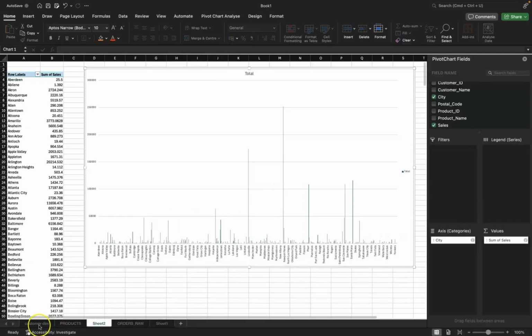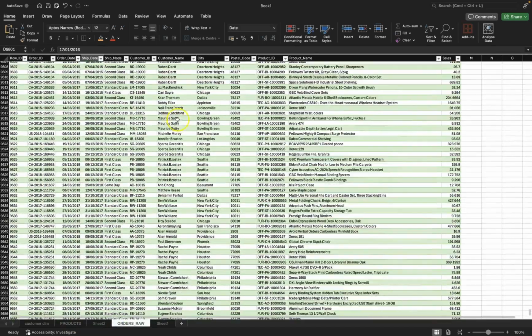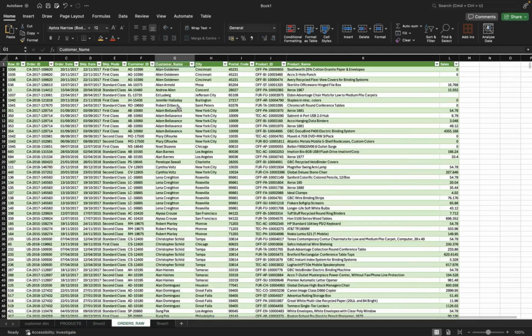So let's say, for example, we want to do total revenue by customer category. And in this table, we don't have customer category. Can you see? There's no customer category here. We don't have customer category in our orders raw table, which we are using to create a visualization. So what do we do? I would come back